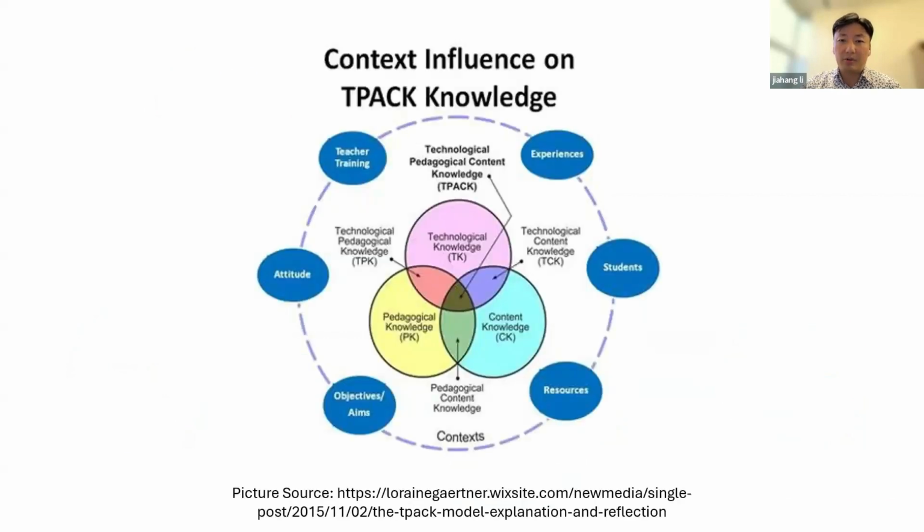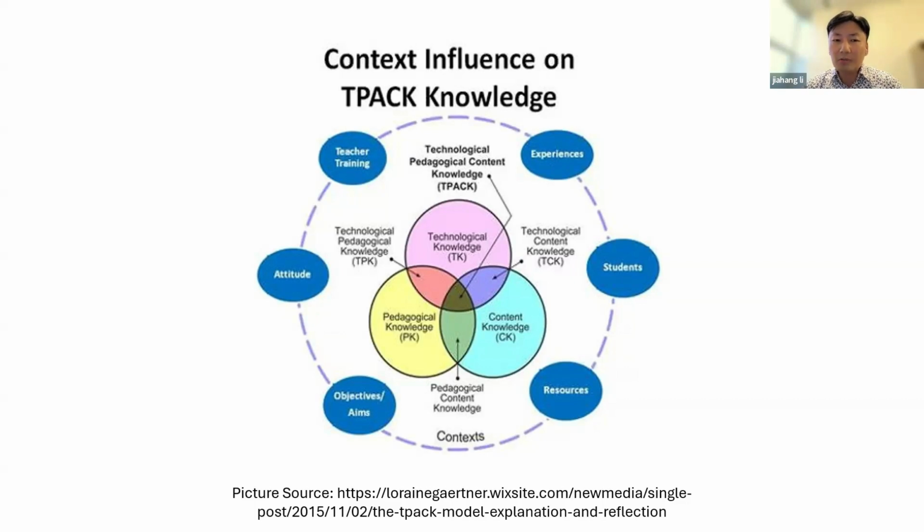Besides this, you are probably wondering about the dotted circle outside of the TPACK framework. I want to emphasize a little bit about this context as well, because back in the early days when TPACK was just proposed, a lot of the critiques of the TPACK framework were that it lacked consideration of other contextual factors.